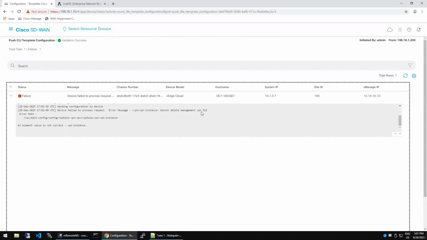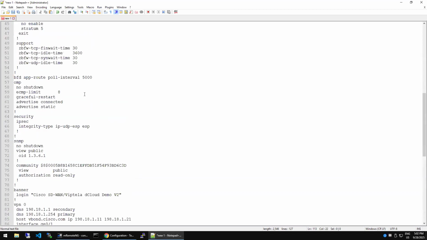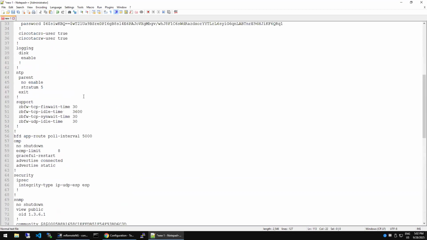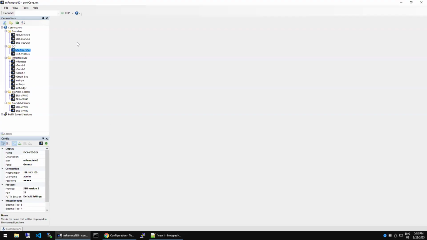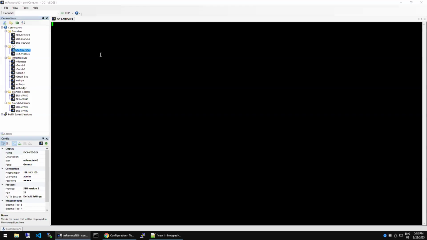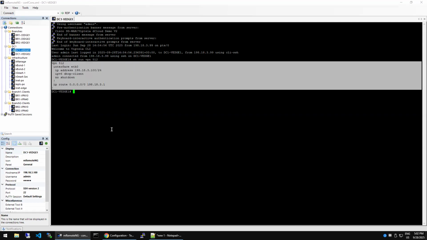VPN. Cannot delete management. Oh, so when I copied this configuration, I deleted VPN 512. Now you can see the importance of VPN 0, VPN 512, those things. I'll explain those things later on. Don't worry about that. So I can go back to the device and correct my configuration. I can type show run VPN 512. So this is my VPN 512 configuration that I should not delete. I need this